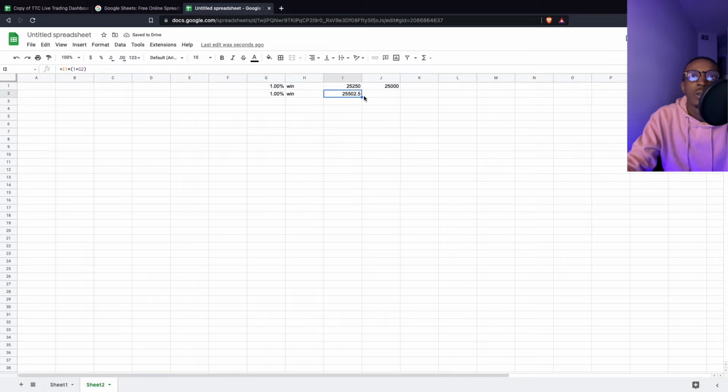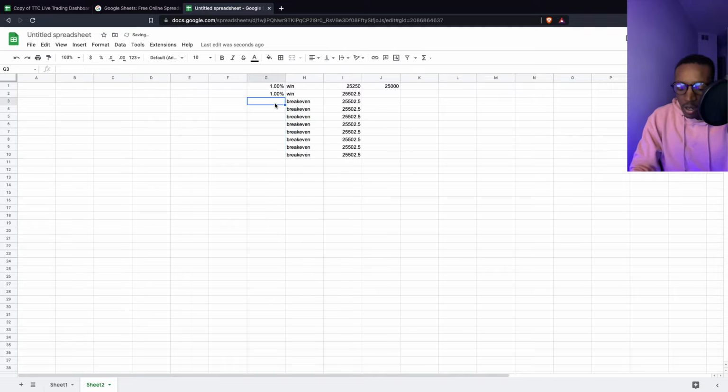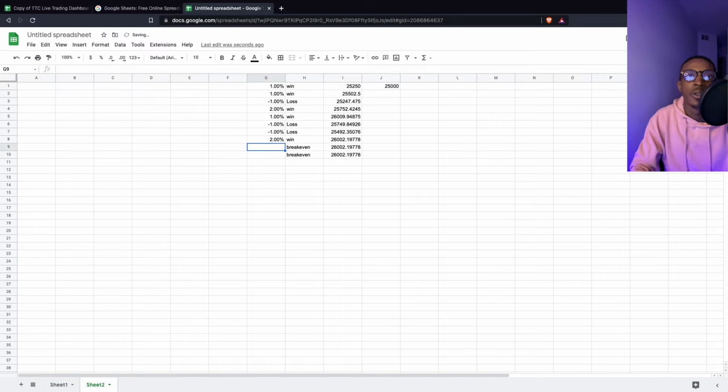And then you can copy it down, because now it's going to be going from I1 to I2 to I3, and it's always going to be getting the account balance right above it, right? So then if we copy this down, it doesn't want to go with me. And we'll just throw in some numbers here: 2, 1, -1, -1, 2, 3. And we'll throw a 0 and a 0 in there, right? So as you can see here, we have the account balance changing based on how much percentage is over here,